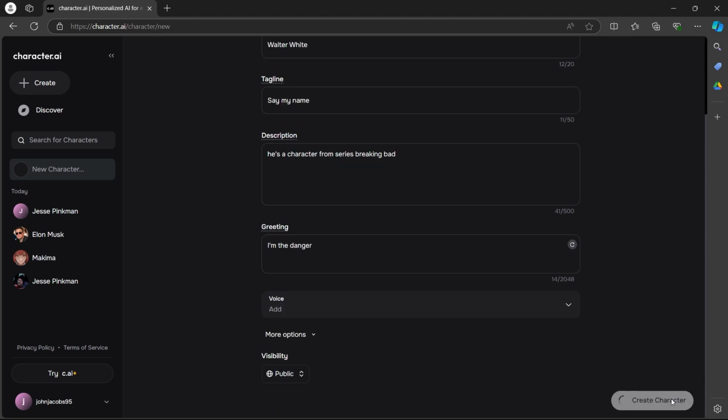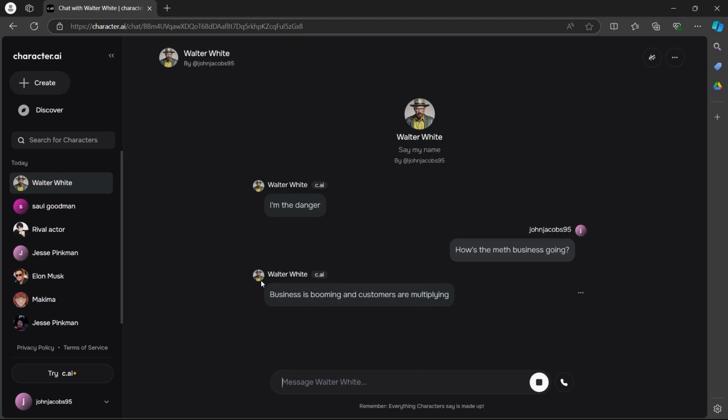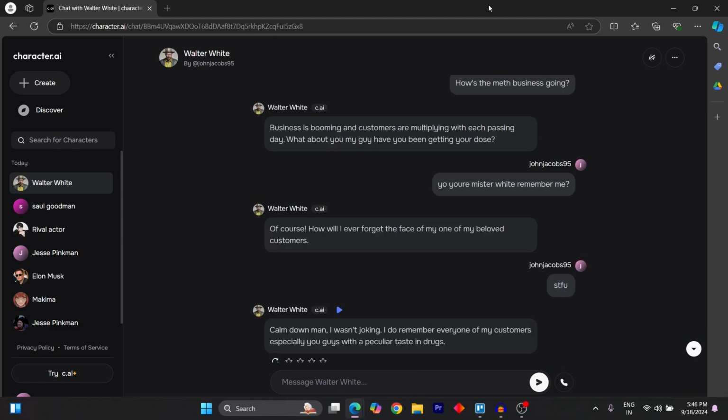After you click on Create Character, this is going to prompt you to this page, that is the chat page. Now you can message your character and your character is going to reply to your messages however you have set it up. You can click on the call button and call your character too. So that's how you make a character in